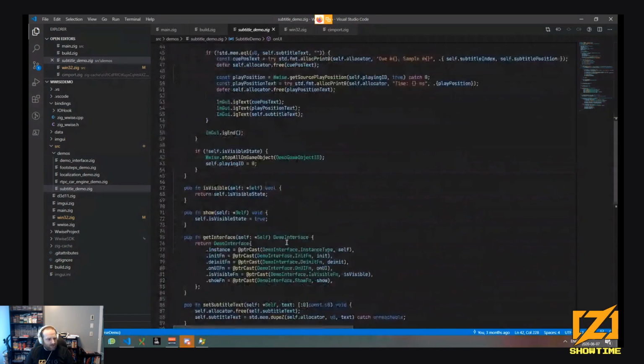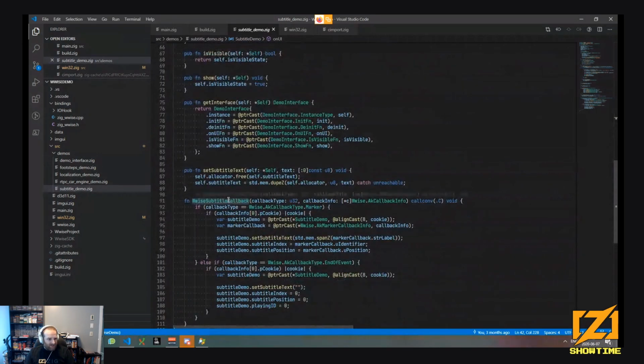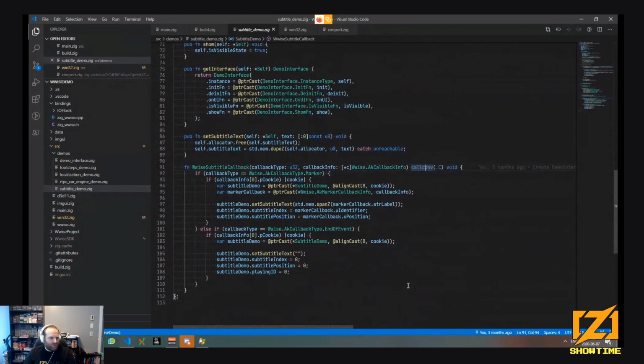So inside here, which is a C API function, I get my marker and check the cookie. This is valid, which is the self, because it's back to the demo. I get the marker info, and then I set the marker to the subtitle text and get the position.